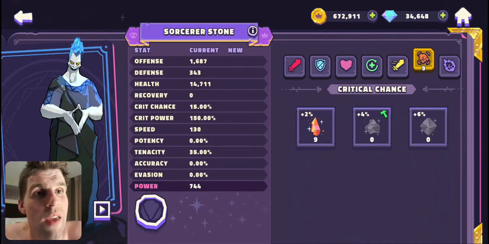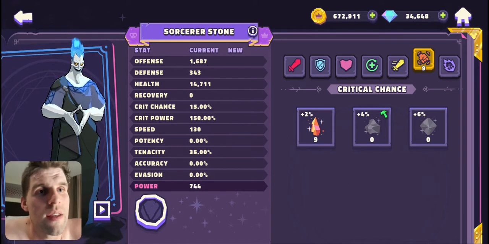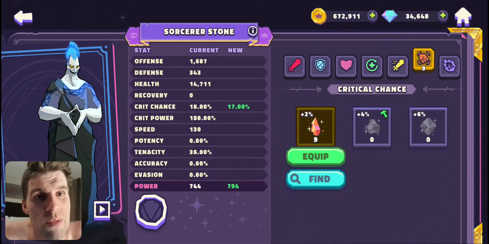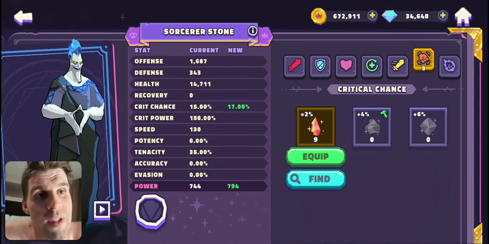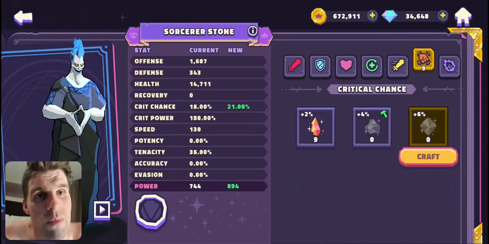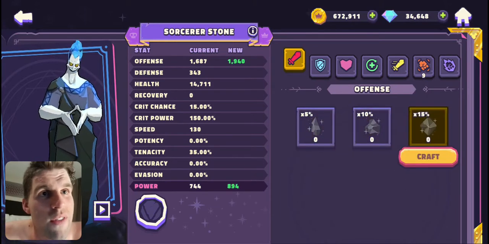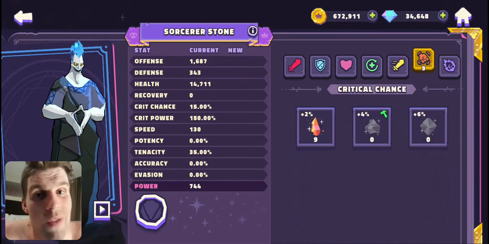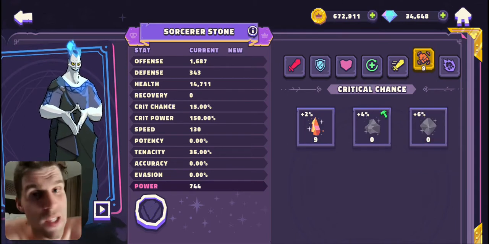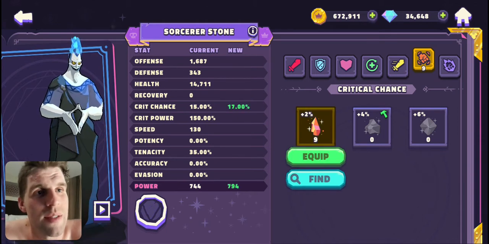So to make every different stage of stone, you have to have these small stones. You'll see here the small stones give them a 2% boost, 4% boost, 6% boost, and you can see the stats just jumping up. Same with offense and defense and anything else. And you always want to try and get the max out of your characters. So when they ever do introduce them back into the game, I would say